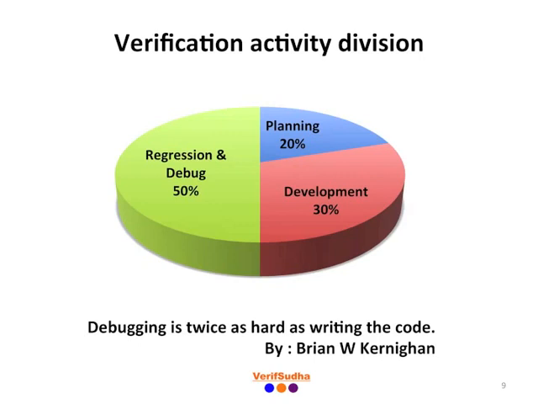The development phase takes about 30% of the overall project time. The rest, 50%, is spent in what is popularly known as R&D, not research and development as popularly known, but in the verification world it means regression and debug. Debug is one of the most time consuming activities. Now let's take a more detailed look into key activities performed in each of these three phases in the next few slides. Let's start with the planning phase.